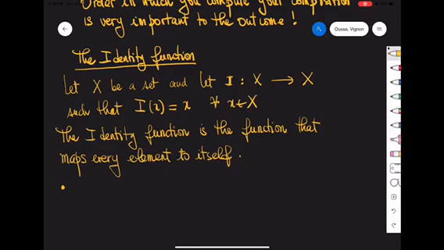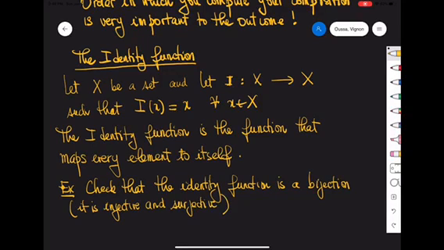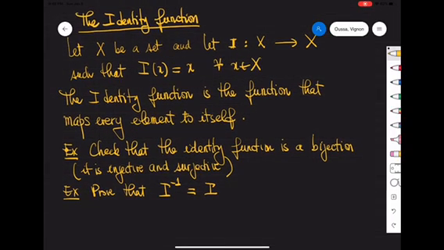So I'll leave this as some exercises for you guys, some homework. Check that the identity function is a bijection, meaning that it is injective and surjective, and also prove that the inverse of the identity function is itself,